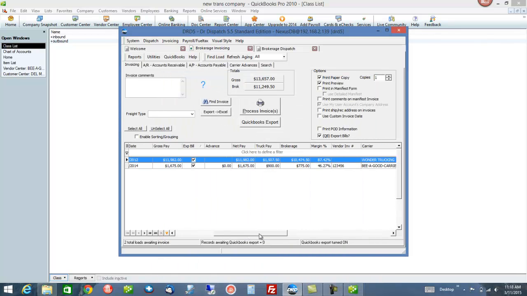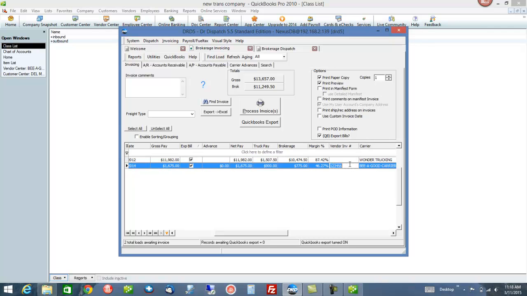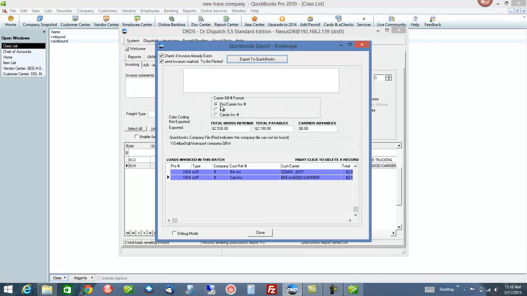If we move over here, the vendor invoice number can be put in here for the carrier. And when you export to QuickBooks, you could have Pro 1014 or whatever you put in the grid, but when you go to search or find it, it's a nightmare. It has to be exact. I prefer to go by Pro. You always know your Pro. And when you go to QuickBooks and do a find bill reference or find a bill by 1014,